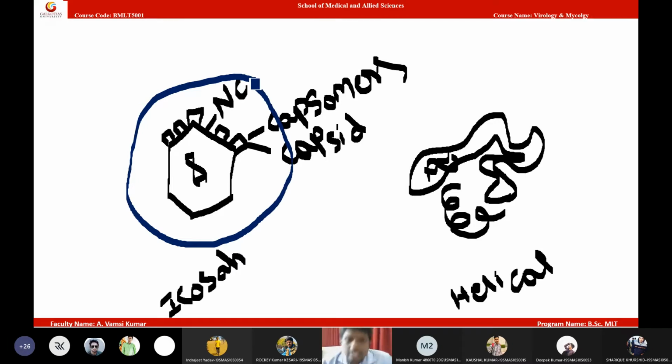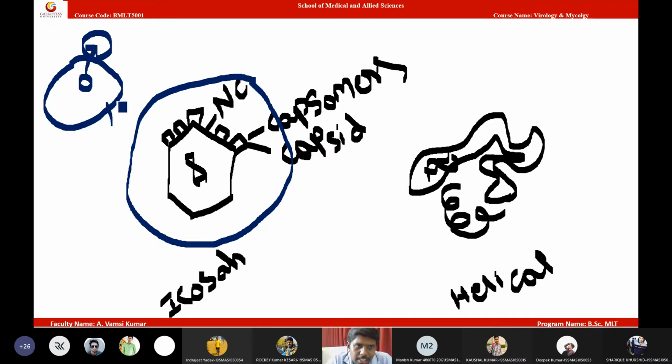This outer membrane is acquired from the cells actually. This is the cellular membrane. Do you remember? This is a cell, and inside the cell a virus will be present. Now this virus may come outside the cell either by budding, or by lysing the cell. If the virus comes out by budding, then when it is coming outside, it will keep a layer of the cell membrane around it, forming an enveloped virus. The virus that has an outer membrane is called an enveloped virus.